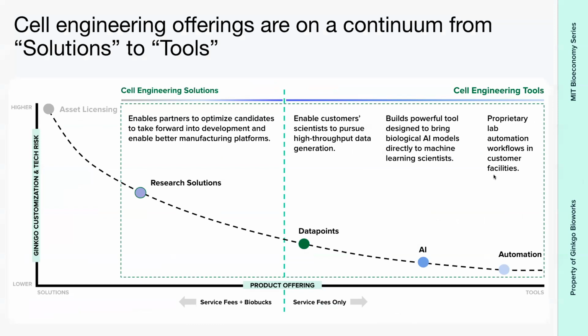So as we've seen the evolution of the kinds of programs and products that we offer to our partners, we've started to balance the left side and the right side of the slide here. Originally, Ginkgo's business model had been to do very complex end-to-end R&D programs where we would typically work on multi-year timescales to design, discover the content that we would need to synthesize and refactor and then engineer into the cell type of interest, characterize and optimize biosynthetic pathways or the expression of difficult to express proteins, and then deliver those where we would license the cells that we engineered to our partner to make their product of interest with some sort of back-end value share, be it a royalty that we would share on the revenue